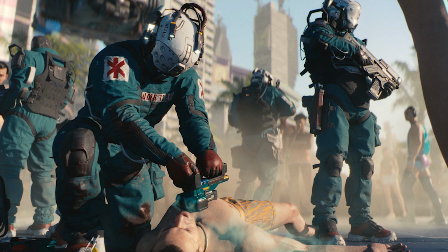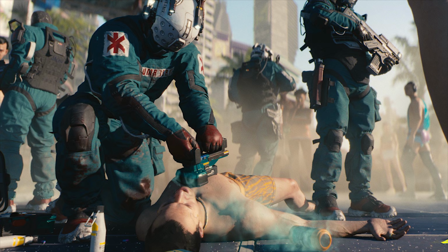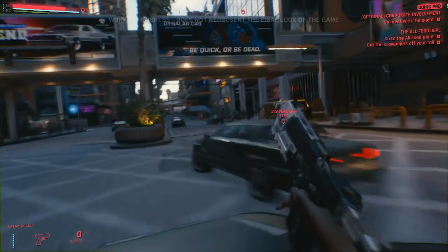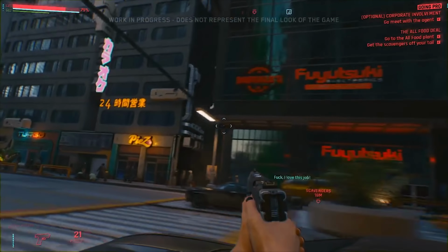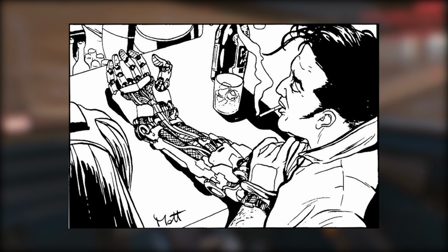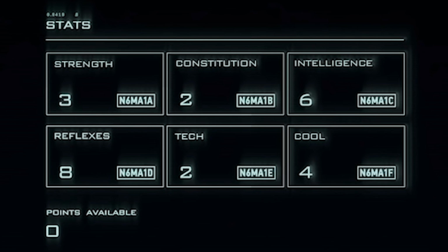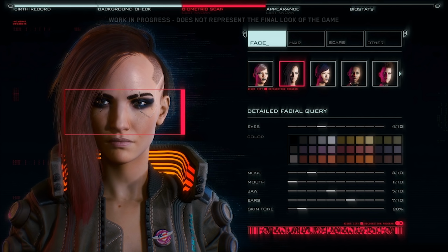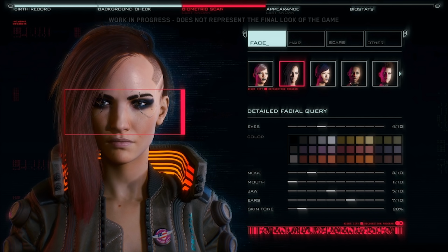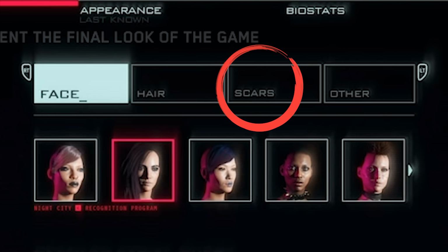There can also be some residual and negative side effects of a botched or poorly done surgery. Things like infections, bruising and swelling, permanent scarring, and cyber rejection can happen. Cyber rejection refers to your body refusing an implant. In these situations, stats will drop and physical changes may happen. This might be reflected in 2077 from 2020 by having visual scarring or a hit to stats such as intelligence,